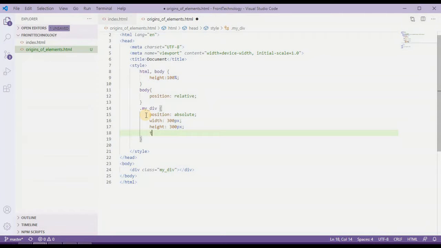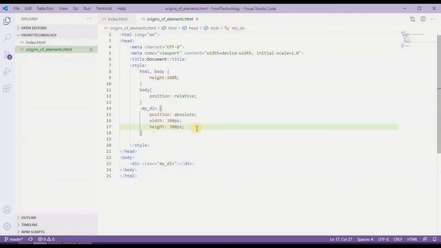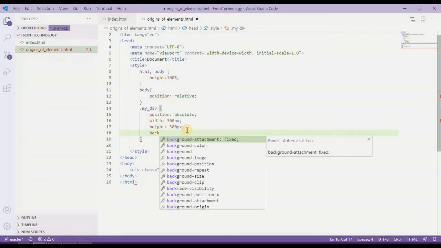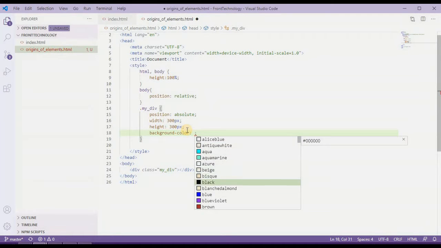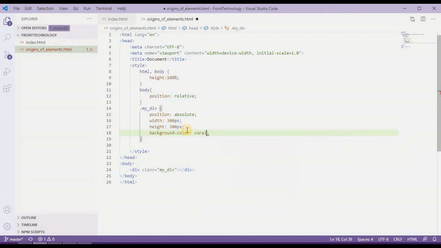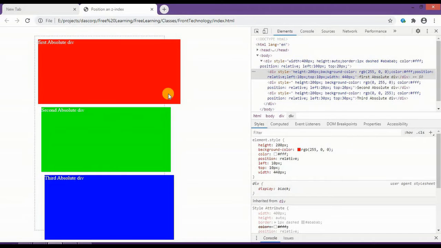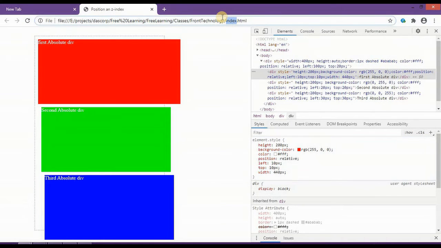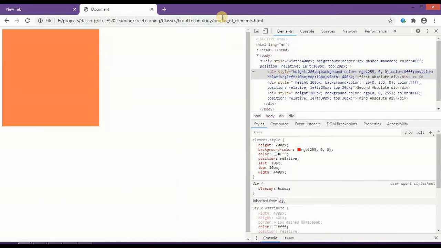And then we need to provide some, okay, let me first not provide any top or left value in this scenario. We'll provide them later after checking how this looks. But to understand, we need to provide some background color. Okay, let it be coral for the moment. Now let's go back to our browser, and let me copy the name from here and open up my browser. And instead of index I'll paste the name.